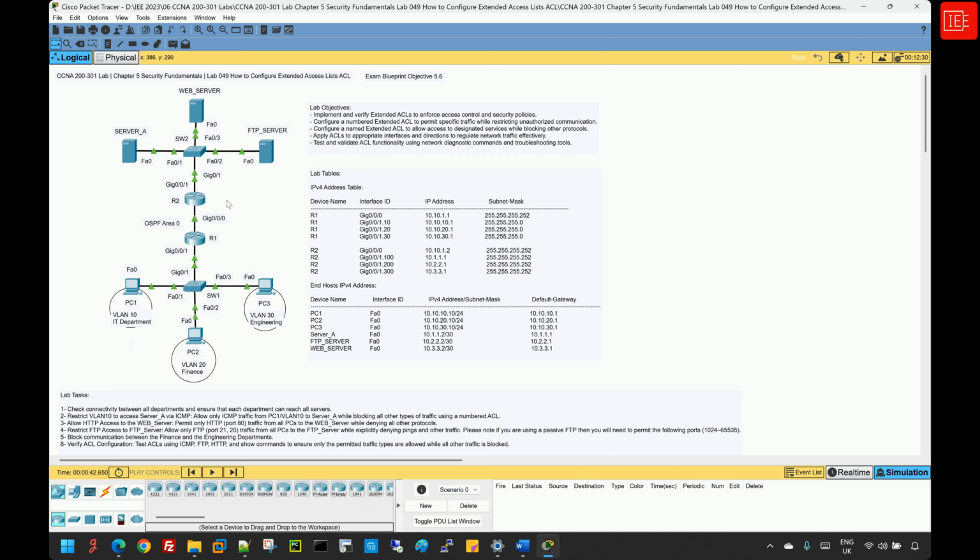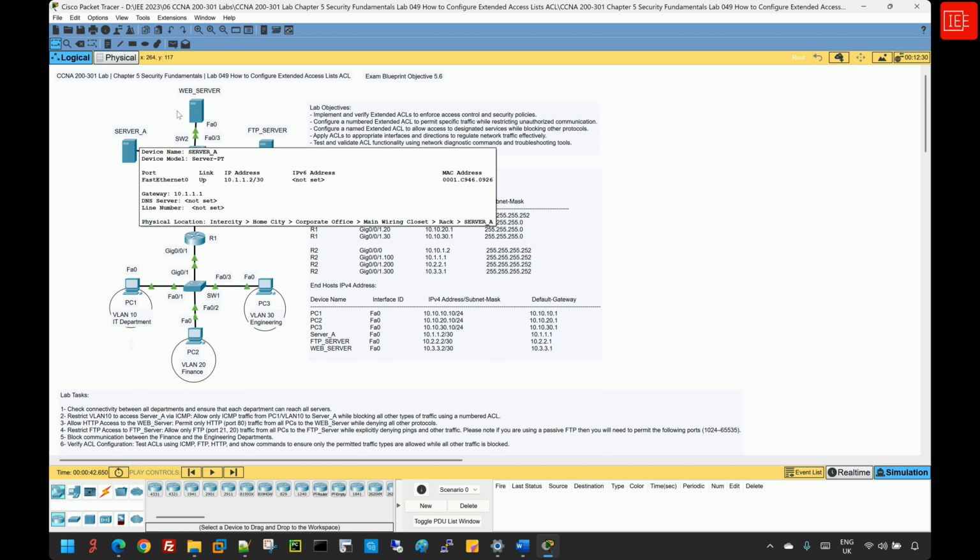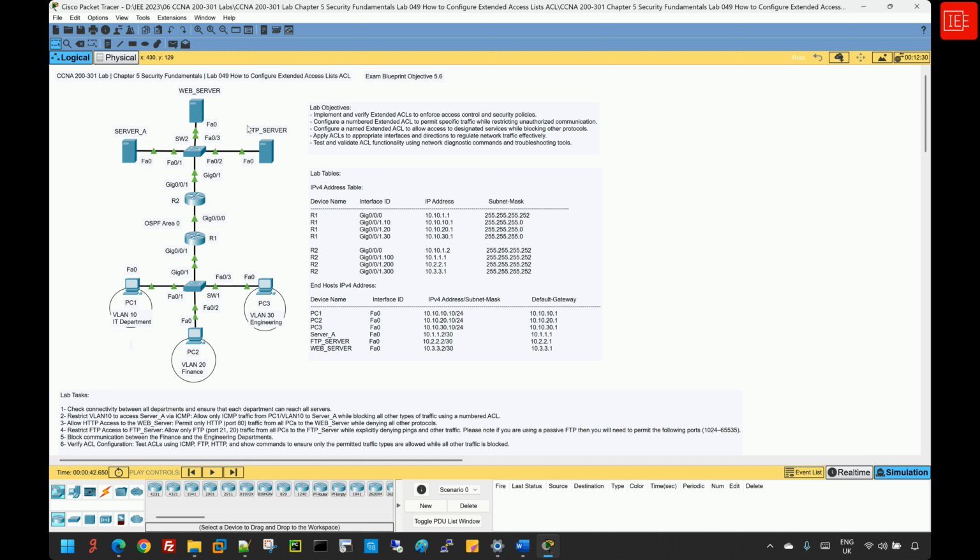And at the top of the topology, you will see 3 servers connected behind switch 2. So we have server A, a web server, and an FTP server, and all these servers are connected to switch 2. And the goal of this lab is to implement extended ACLs to enforce security policies that align with the lab